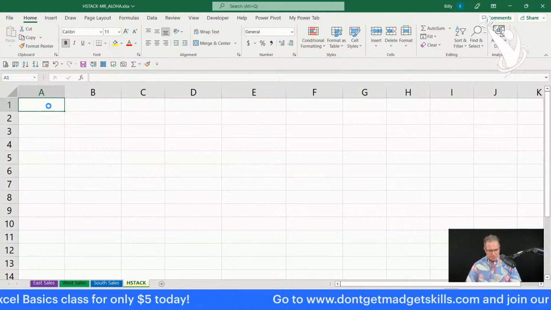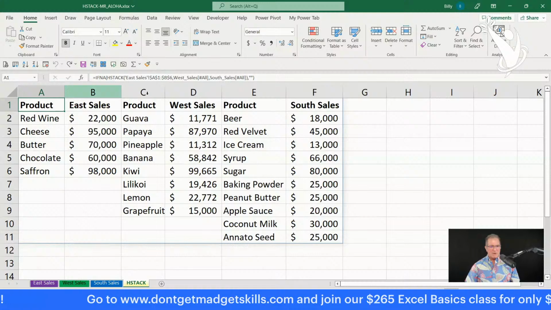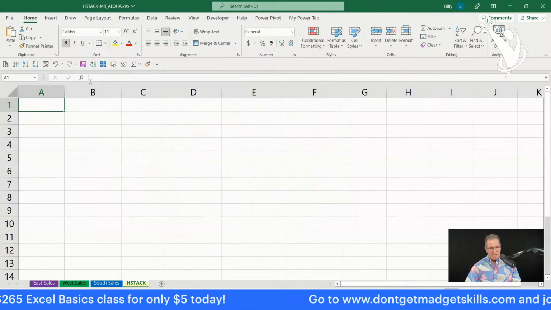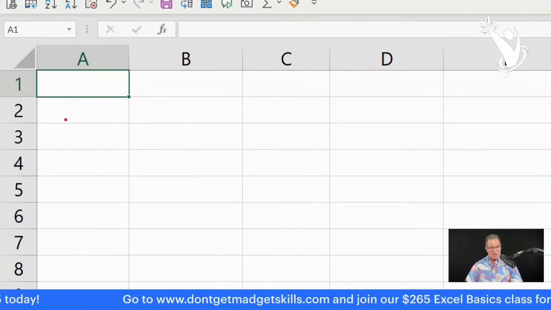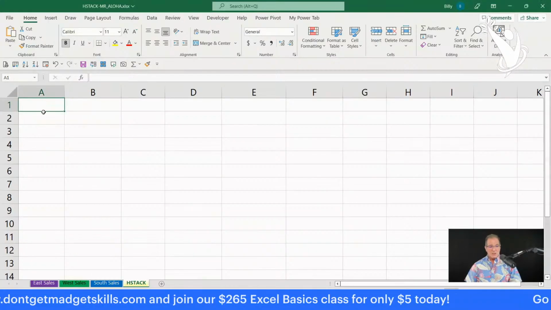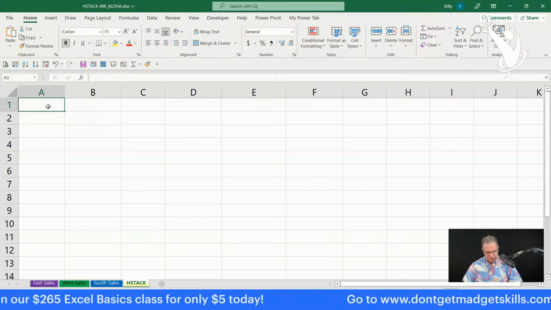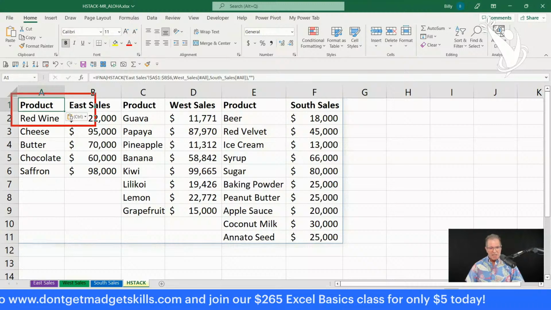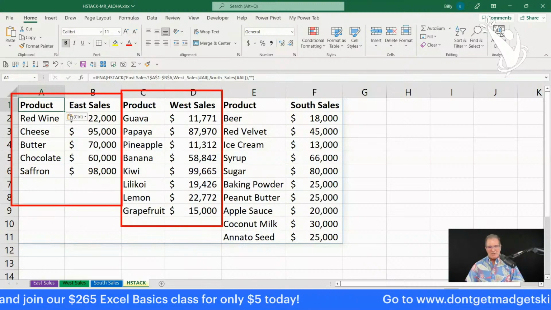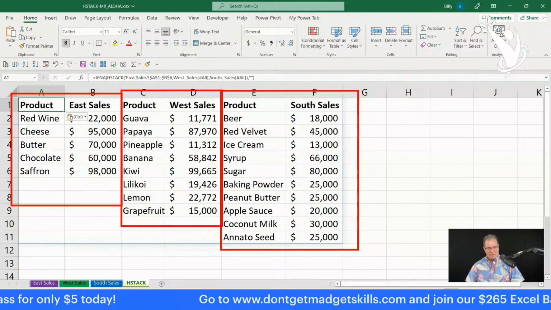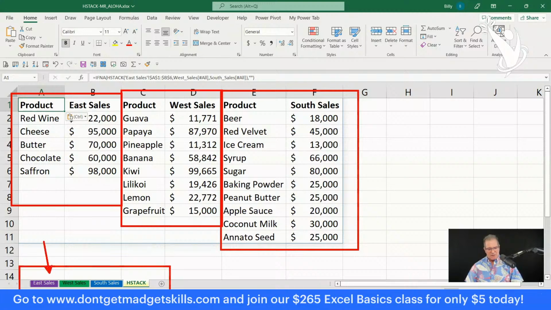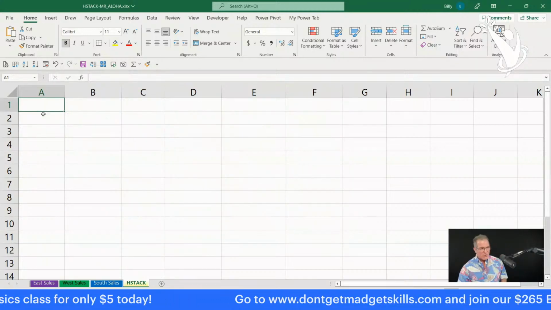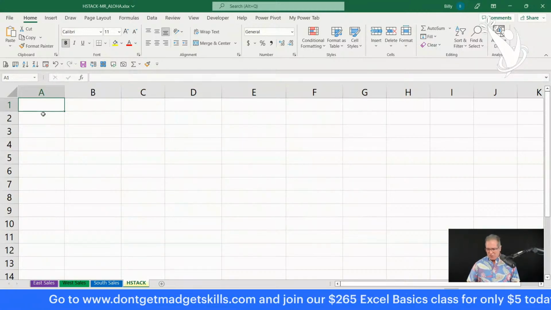And that's it right there, my friends. That's the results that you get. Let's do this one more time. The function is going into one cell right here, A1. That's it. I wrote a formula using the HSTACK function, and there we have it. There we have the East sales, the West sales, and the South sales. These three tables are in one horizontal stack. So let's go right ahead and learn how to use it.